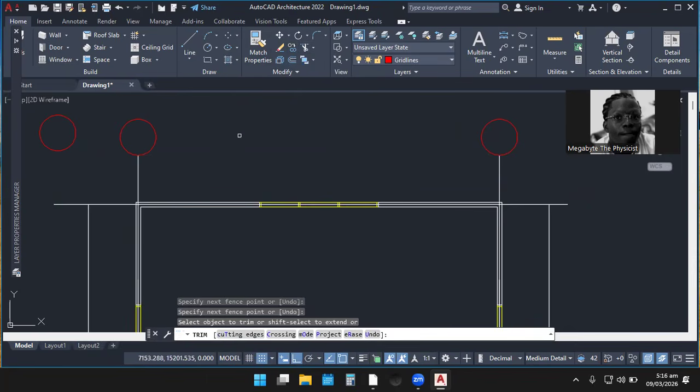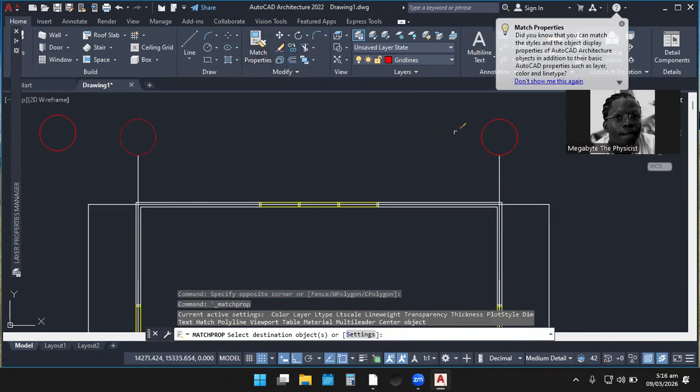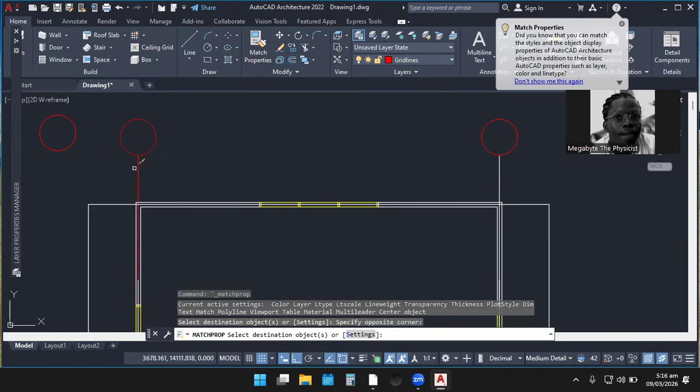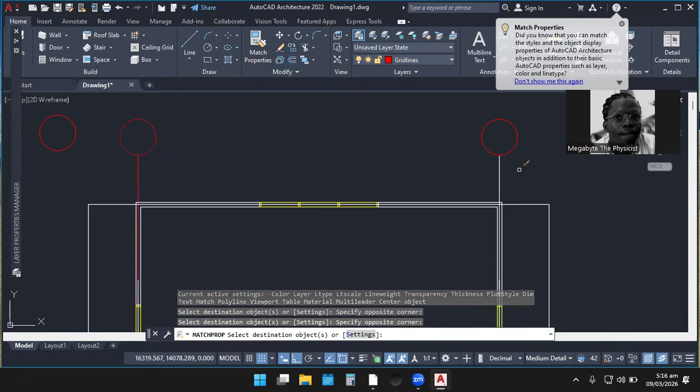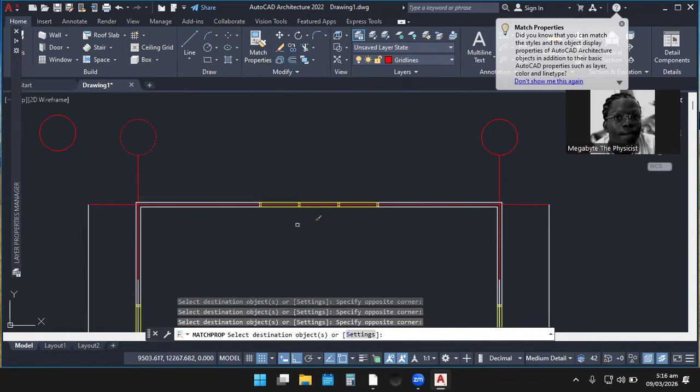What can I do next? I can use match properties. I can trim this part too, then start matching properties. So escape, look at, now I can match this property to this property. So I can match this property, match this property, and match these properties.